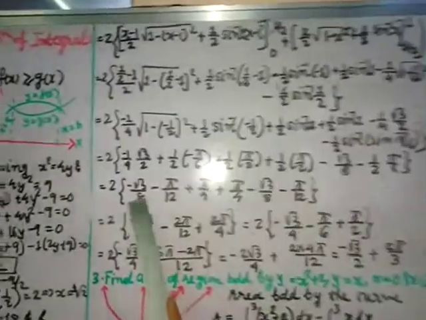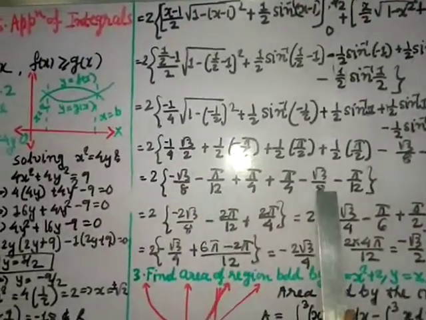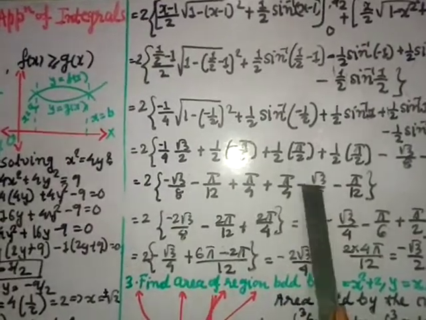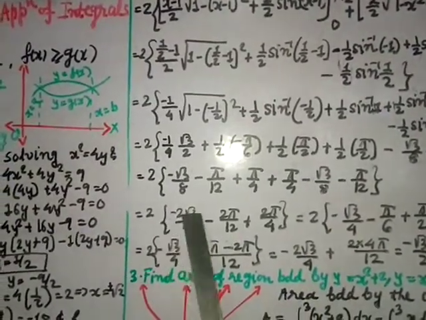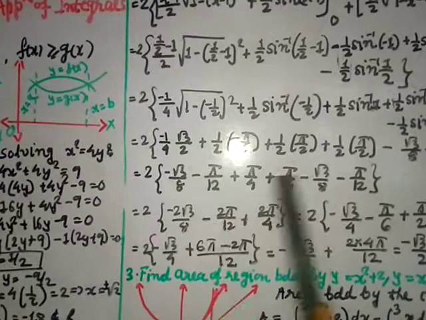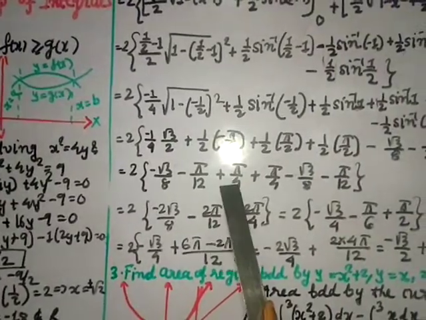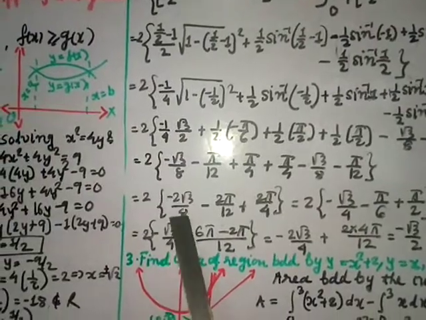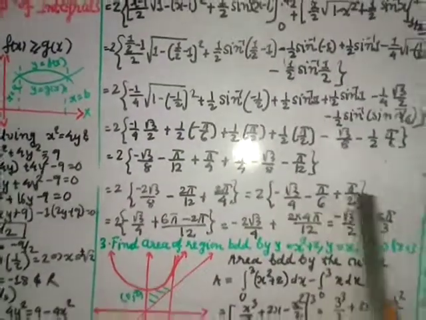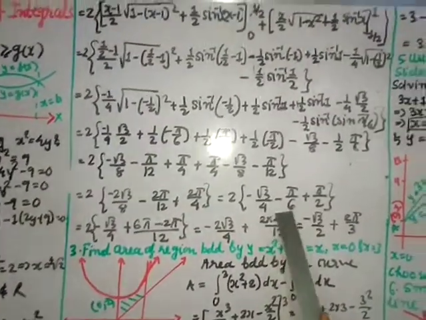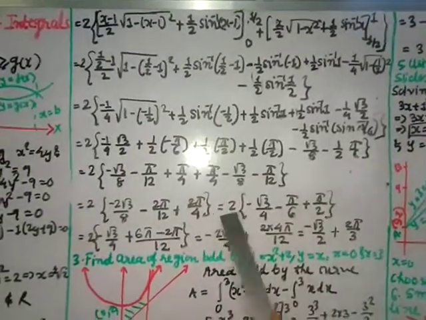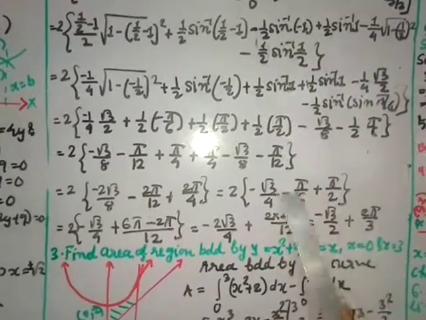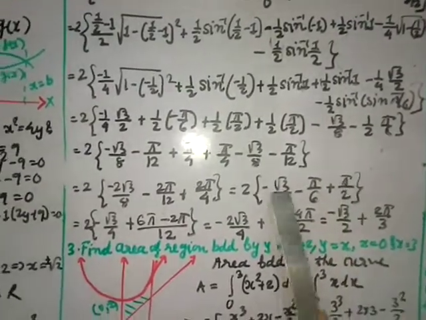Okay, these two are common, I mean similar terms, so you add up. Minus root 3 minus root 3, minus 2 root 3 by 8, pi by 2, 2 pi by 12, this one 2 pi by 4. Okay, and I'm keeping this now, cutting here, cutting here, cutting here, so you get here minus root 3 by 4 minus pi by 6 plus pi by 2. These two also multiply. Before multiplying, you take LCM here and simplify because they are pi terms. Okay, this you keep as it is.